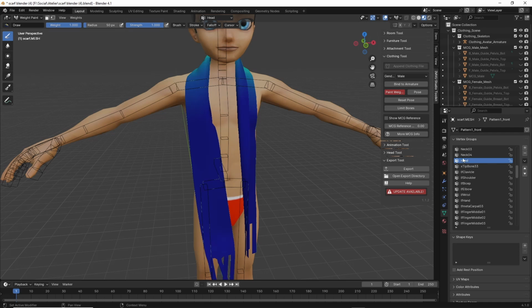Now ordinarily we would then paint all of this, so we would have to manually, using the paint tools, weight it. We change the weight to increase the influence of a given bone, so in this case it's the head bone. We change the weight value to 1 for full influence over that particular vertex or area that we are painting on the mesh, or we reduce it to 0 to null the influence on a particular area of the mesh. That takes a long time, so a quick way of doing this